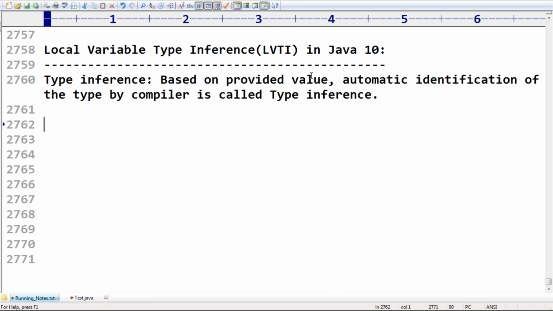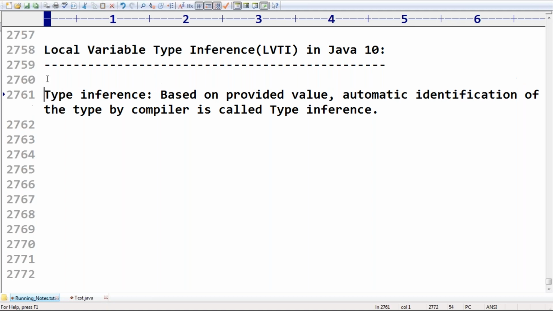It means the compiler can detect the type automatically. Even if we didn't declare the type, my compiler is in a position to identify the type. Such a thing is considered type inference.